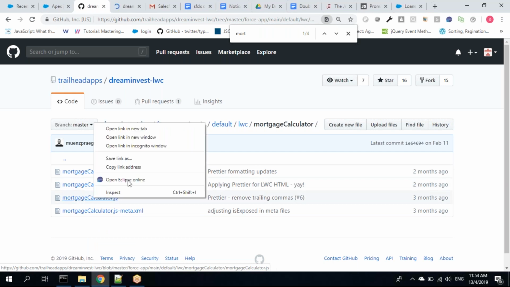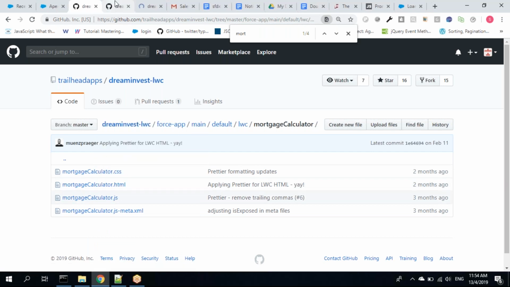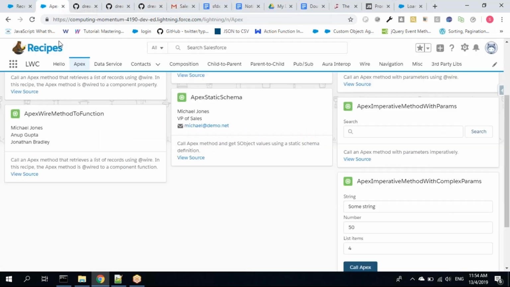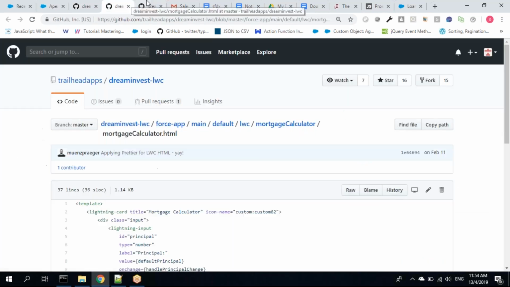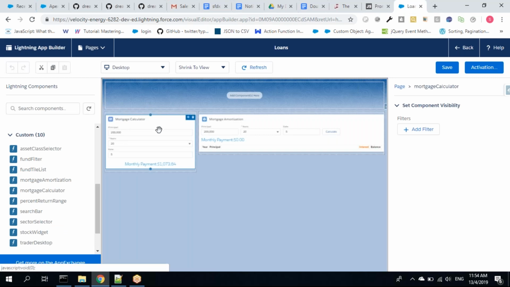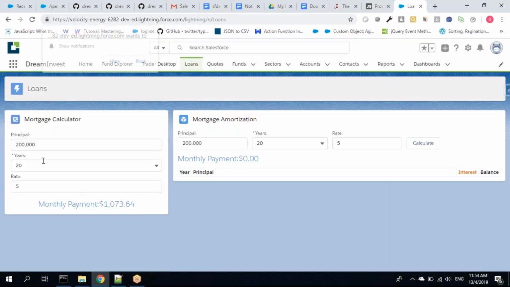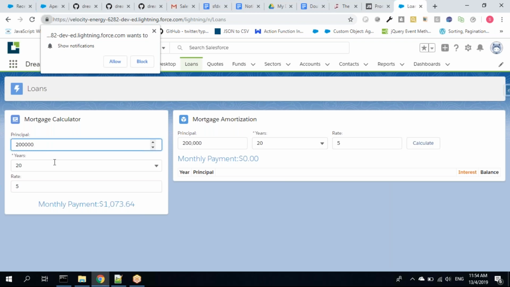Now, a mortgage calculator will be a good one for us to start. But it is simple code, the mortgage calculator is nothing. Let's observe the front end code and back end, I mean the Apex class. Sorry, the JavaScript class. How it was written. So maybe in the markup you'll have 3 input fields. The first input field type will be a number or something. The second type will be a drop down, and the third type will be